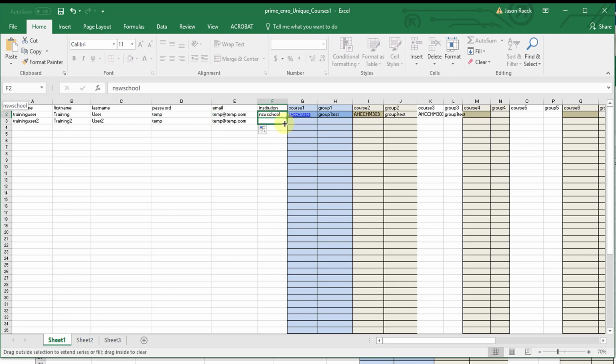I might put them in a different school too. Queensland. Alright, so now we're going to select the courses, so these will be different. We'll go INF, Bio, and LSC. Again, we'll put in a group, so we'll call this group 2 test, just to keep things simple, and